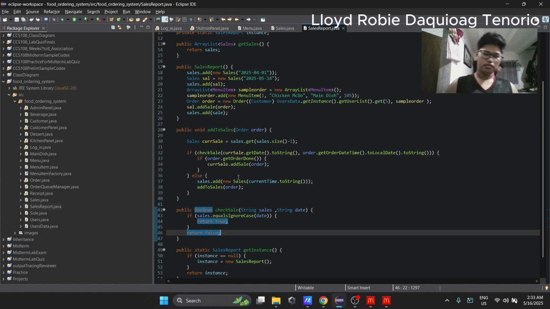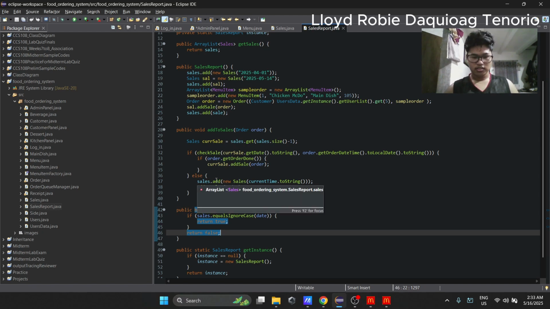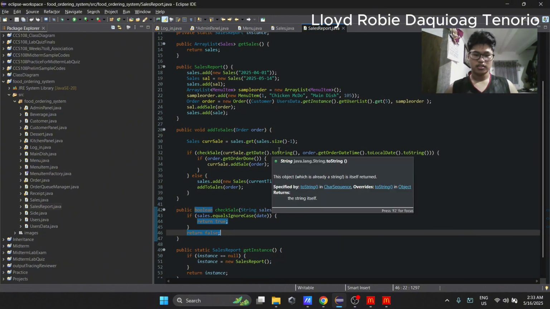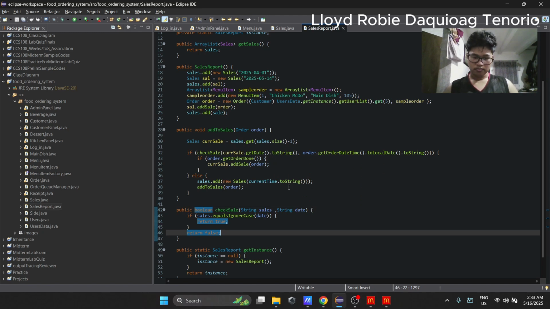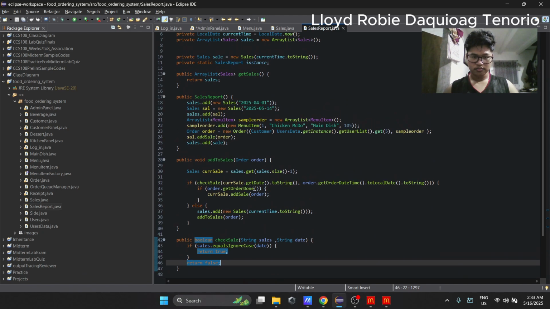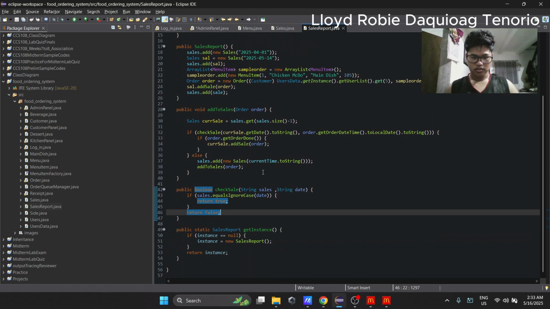So, for example, if it doesn't match, we'll create a new sales object, and the current time will be the current date now. Then after we add the sales object, we will recursively call this method again, passing the new order.